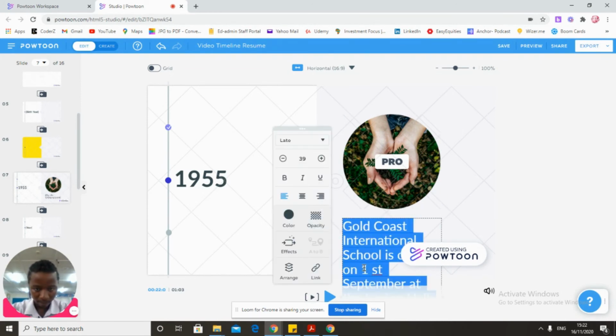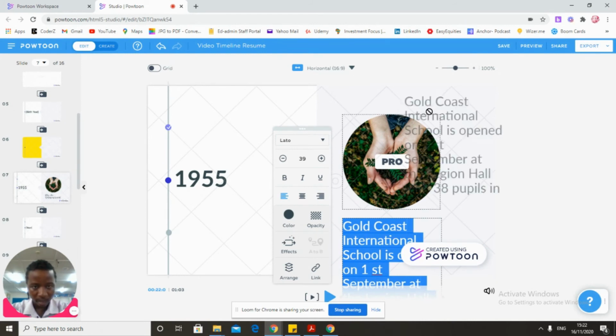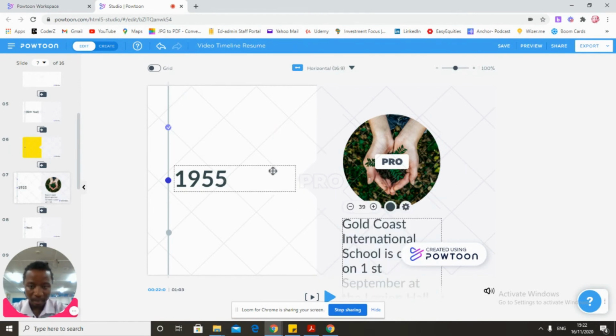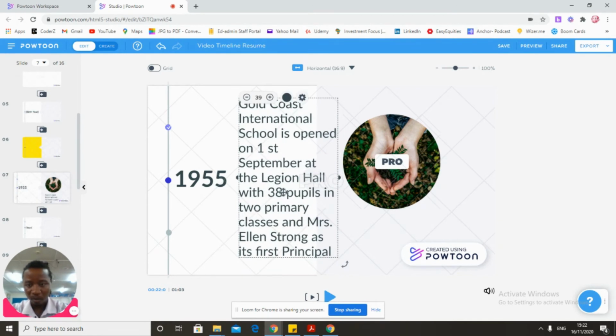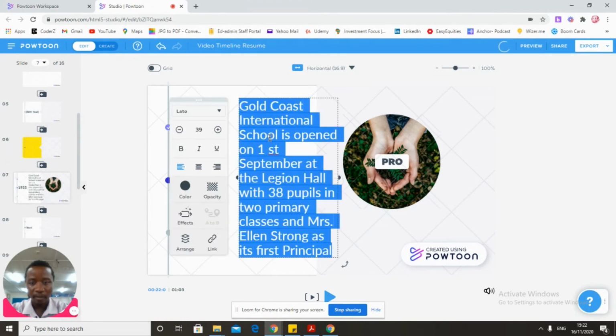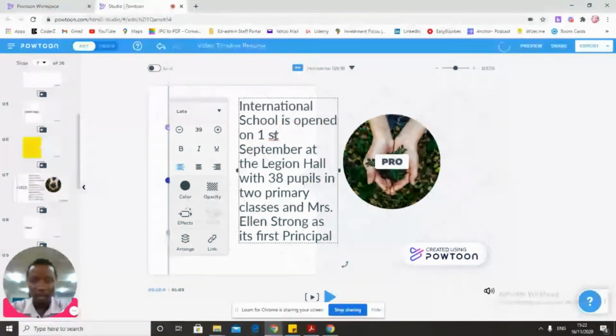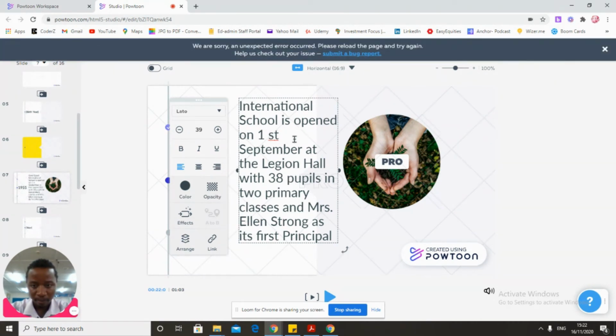Okay, I'll try to move it up so I can have. Okay, so it's slightly challenging to maneuver around, to move it around. So you can just say international. Okay, can you click now? Yes. Okay, you can say international school is open. Okay, international school opened on the 1st September. At this place with,